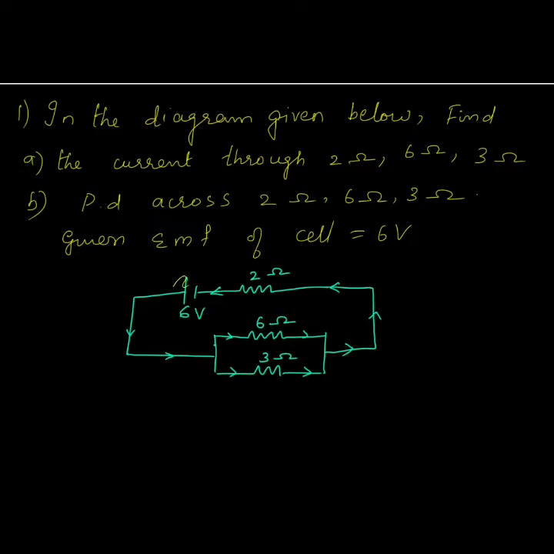So in the circuit, since the names for resistors are not given, first you give names for the resistors, so that it will be easy for you to do the sum. So you name them R1, R2, R3. Whenever a circuit is given, if names of resistors are not given, it is better to give names for the circuit so that it will become easy for you to solve.